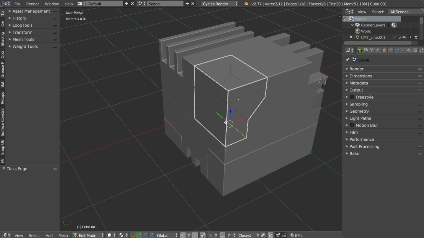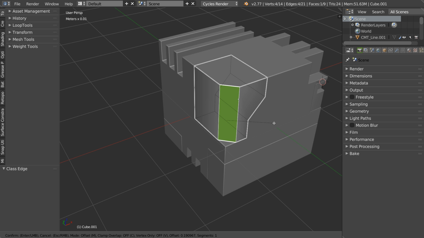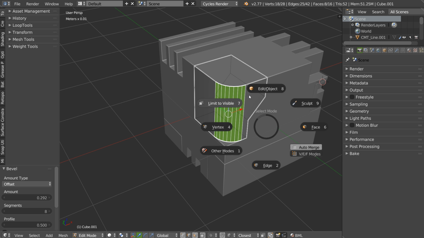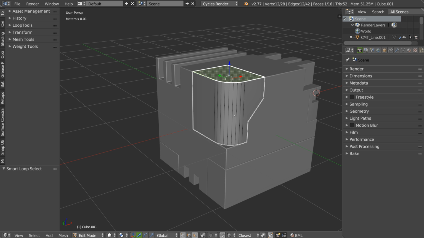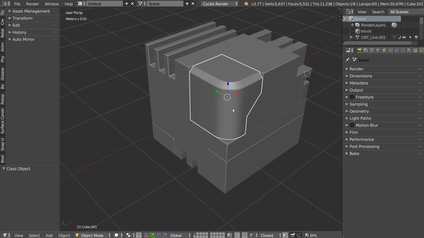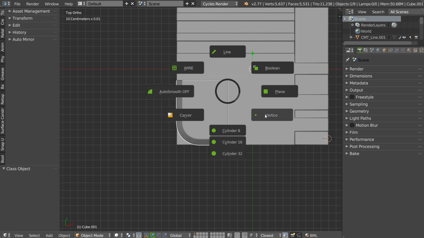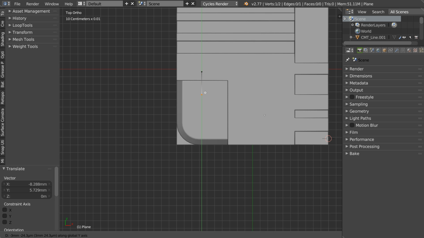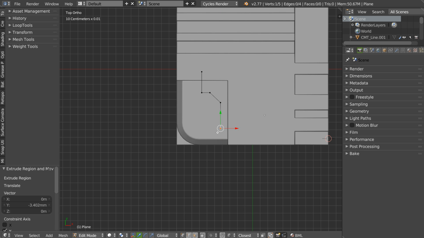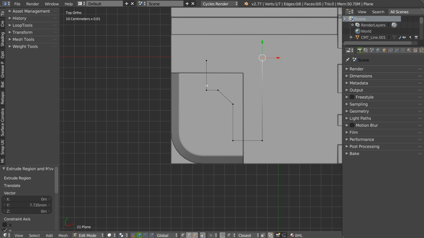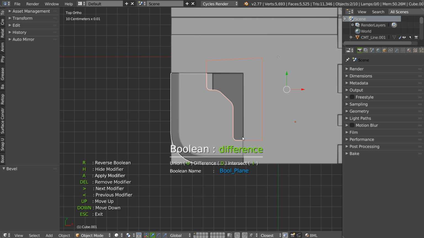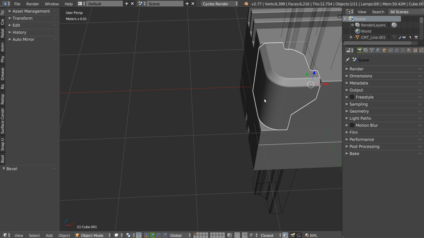I can after edit this one, make a bevel here, and yep, Control B, vertice. Can select, Control B, V, plus, up, a little rebool, and that's it.